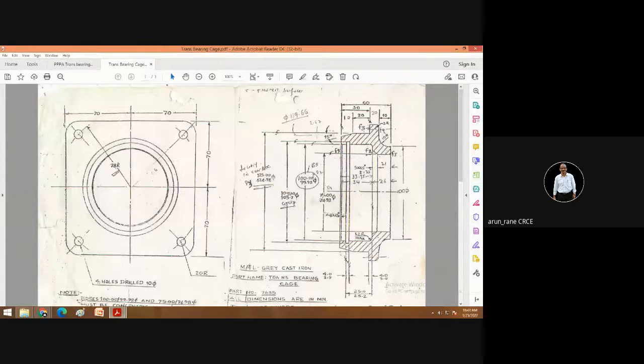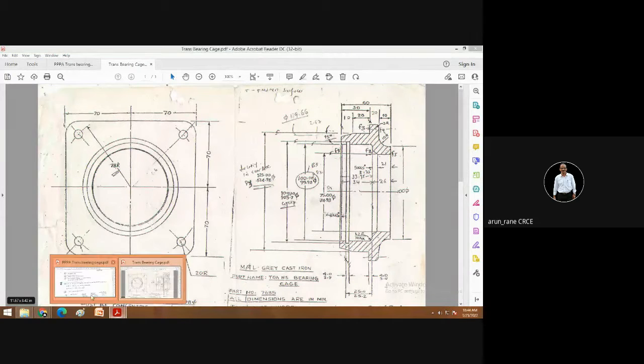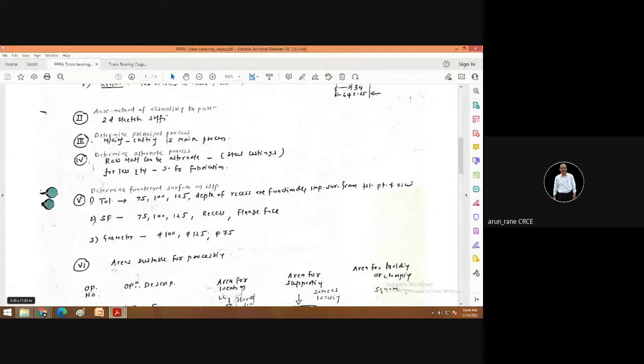Suppose I assume that this is made up of plastic. Then you have to go for injection mold. That means you will have to make a mold, and this particular mold for this particular component will cost you at least 1 lakh rupees. If you are not using a mold, then that 1 lakh is not required. But whatever you are investing in the mold has to be returned. You should get the return, and that return is possible only if it is in bulk, only if it is in quantity. So you have to work that out. That is the duty of the process engineer also.